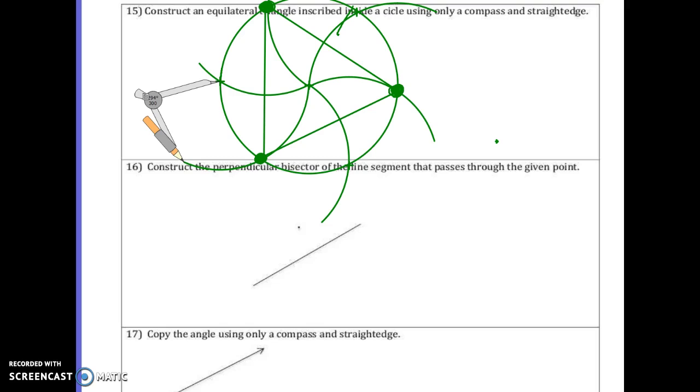For this one here, okay, construct the perpendicular line to the line segment that passes through the given point. So we are going to draw a line through this point that's given, and it's going to be perpendicular to